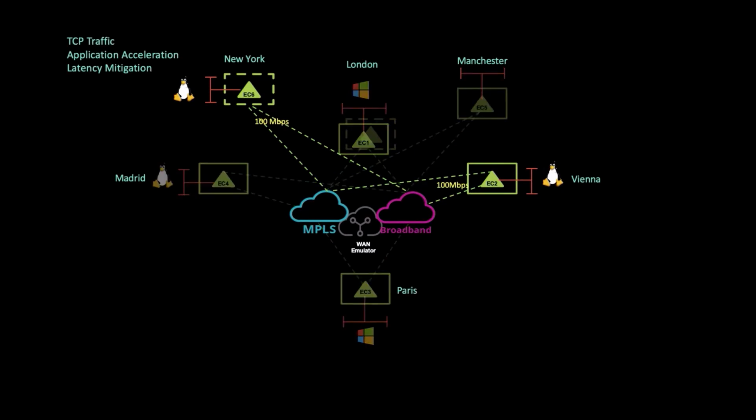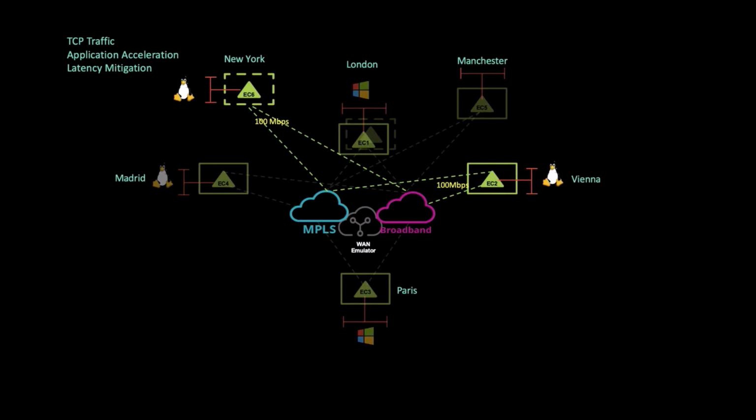This demo is going to focus on TCP traffic. The test is going to be run between two sites, one hosted in New York, one hosted in Vienna. I do have a WAN emulator, so this enables me to introduce impairments to any one of these links that we can see here. I have 100 megabits per second of bandwidth available between these two sites. That's bonded capacity, so I have 50 megabits on each of the broadband and MPLS links hosted from Vienna and